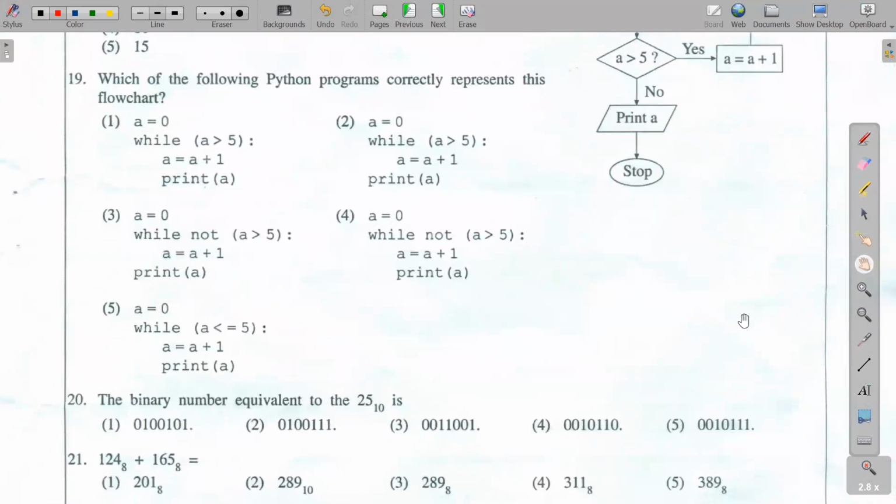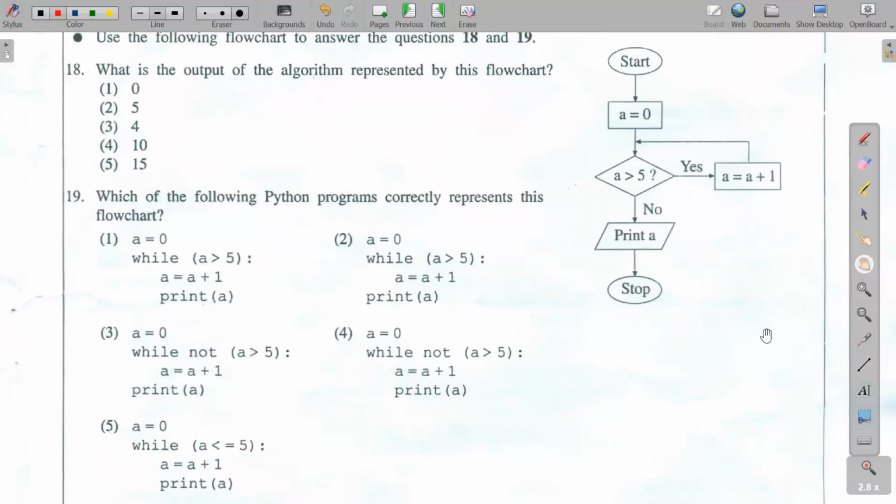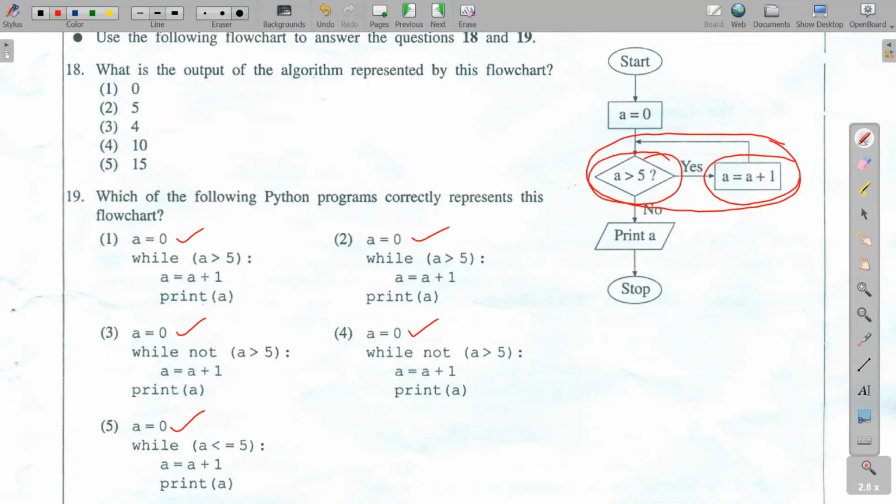19th, which of the following Python programs correctly represents this flow chart? Right, here comes the flow chart. Right, so start is not going to matter. A equals 0 should be there. So everyone has A equals 0. So every answer is correct for the moment. Then you are going to put inside a loop. Right, a loop has a condition and the statement related to it. Right, so when you are having the loop,